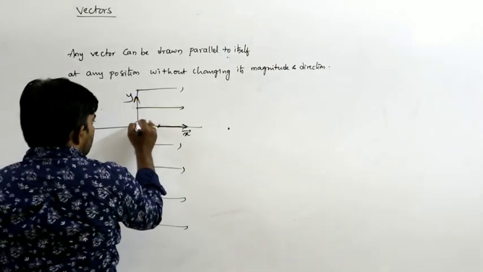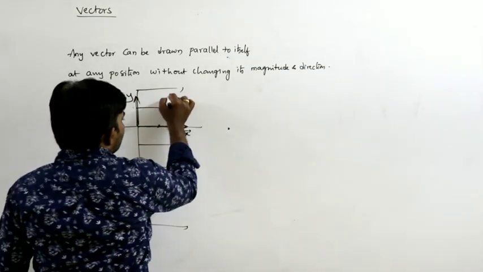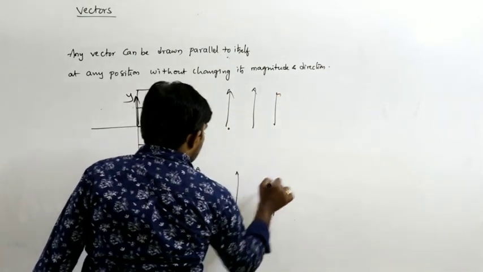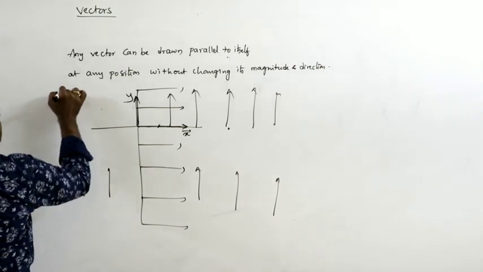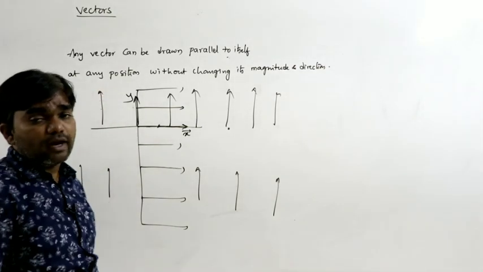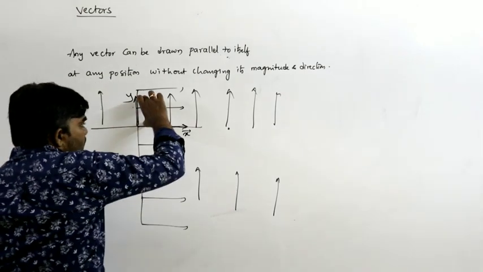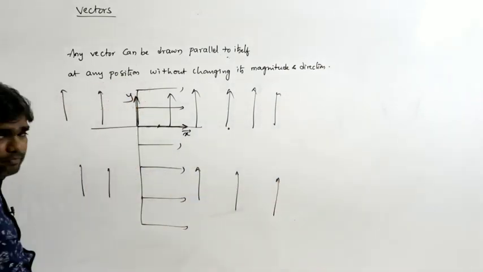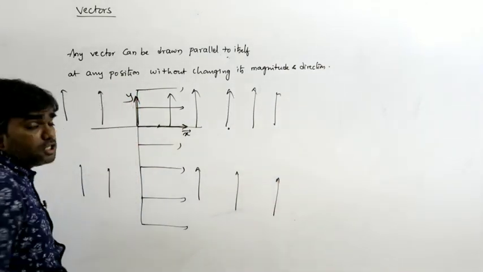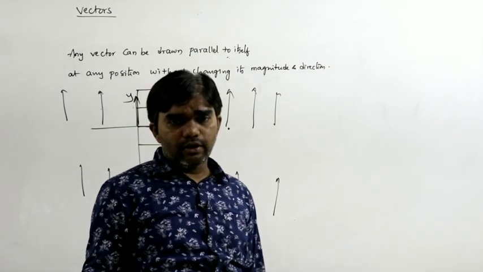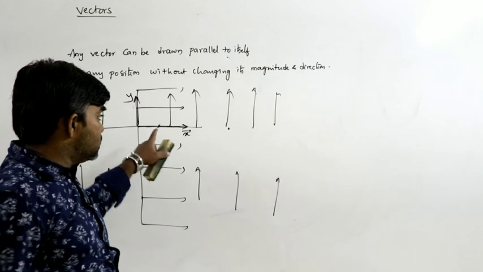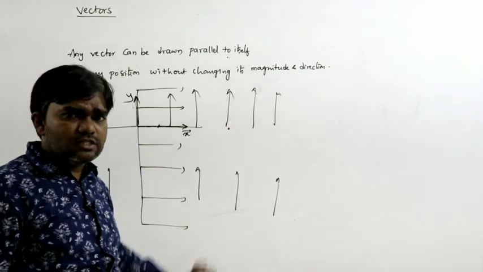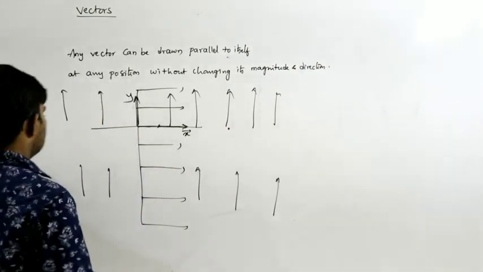For example, this is Y bar. Let us say this is the original vector. This Y bar can be represented at any position without change, here at this position, or we can place it at this position, without changing its magnitude and direction. So the actual vector is Y, the positive Y axis. This vector can be represented at any position among these without changing its magnitude and direction. This is one more important point. Anywhere we can consider that vector.